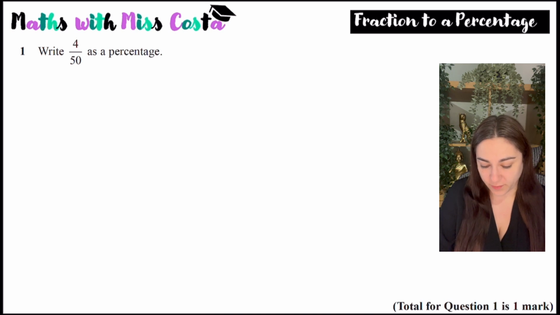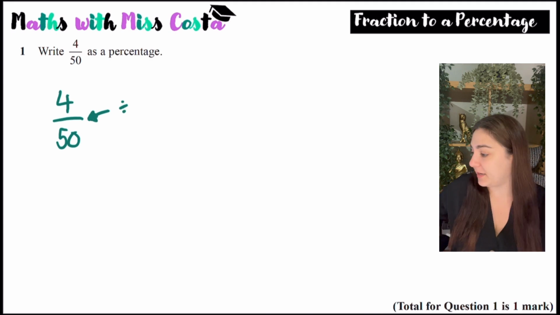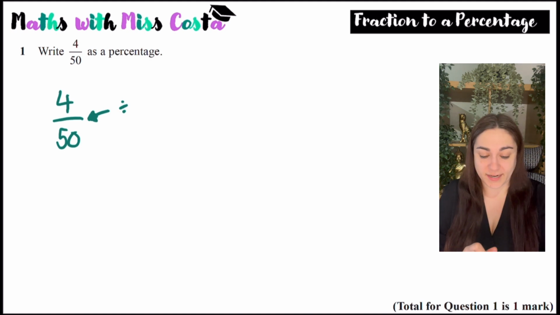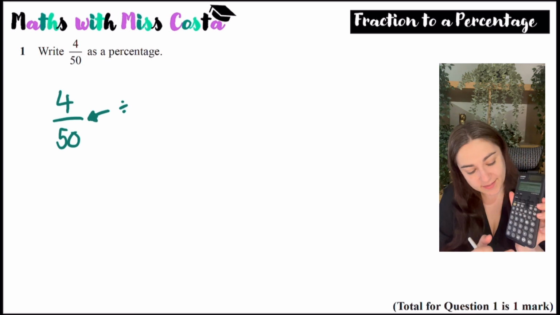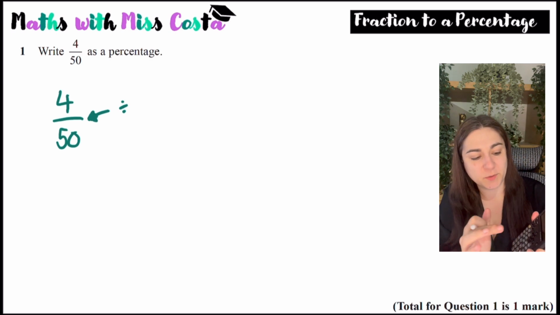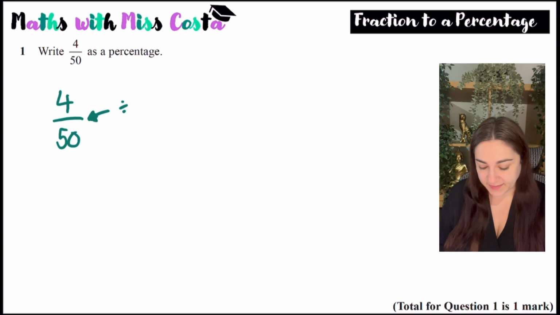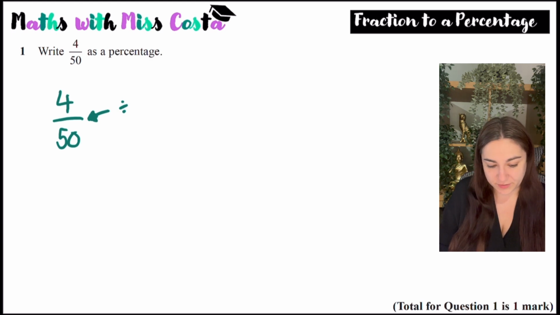Now when we've got fractions, it's helpful to know that this line over here means divide. So either you can type into your calculator 4/50 as a fraction, or you can just type in 4 divided by 50. You'll end up with a simplified fraction, and then you press format. So format and then down to decimal, unless you're lucky and you have the old calculators, in which case you press SD, and that turns it into a decimal for you, which is